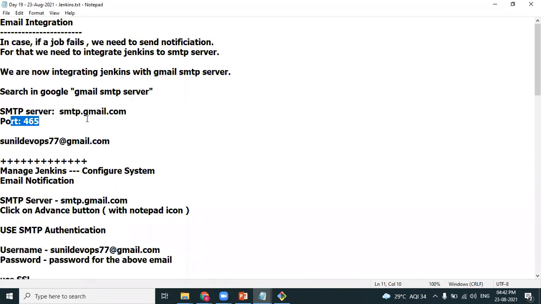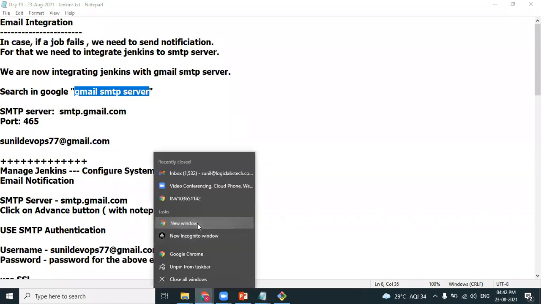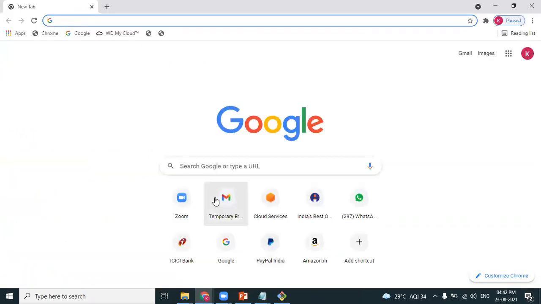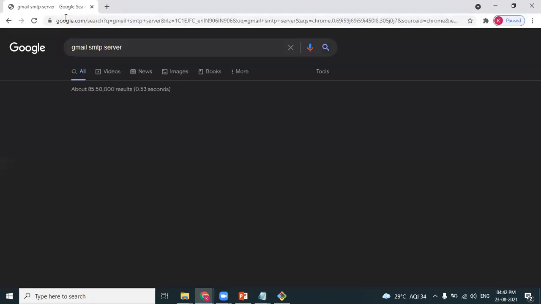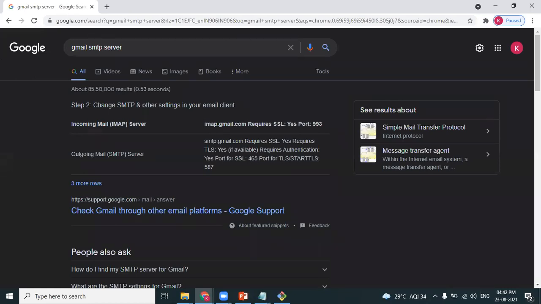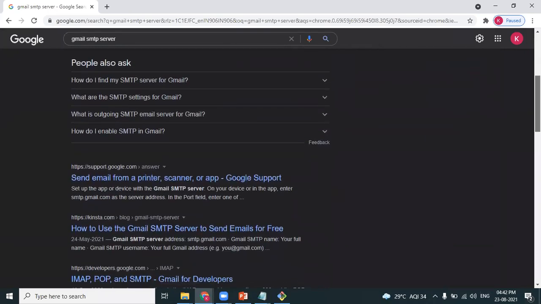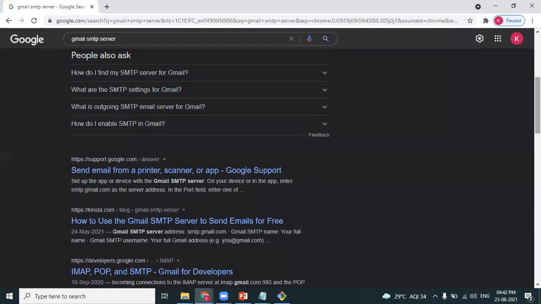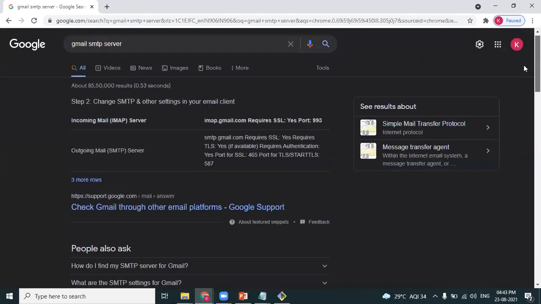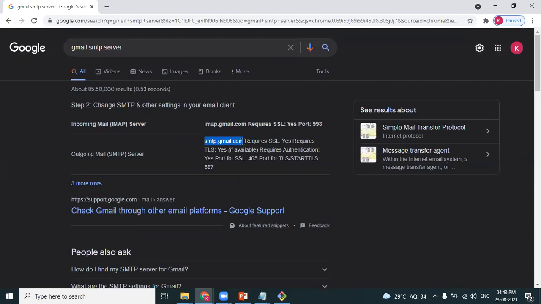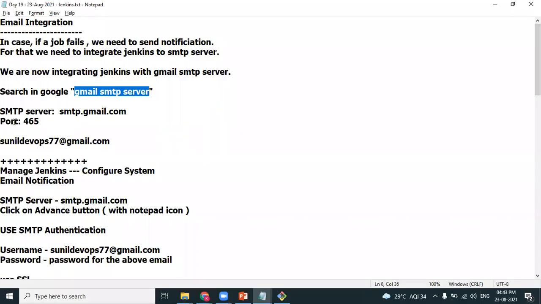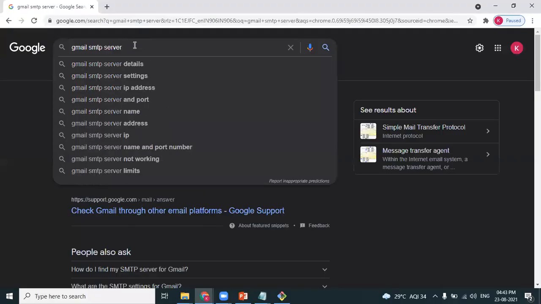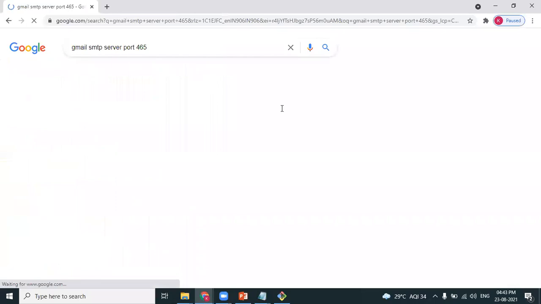The Gmail SMTP server name is smtp.gmail.com. If you want, you can search for Gmail SMTP server in Google. smtp.gmail.com, and the port number is 465.